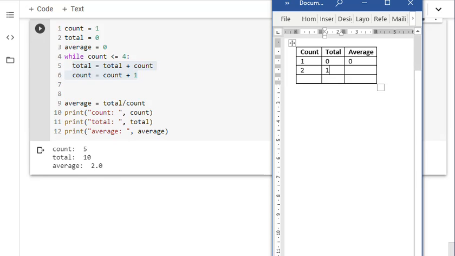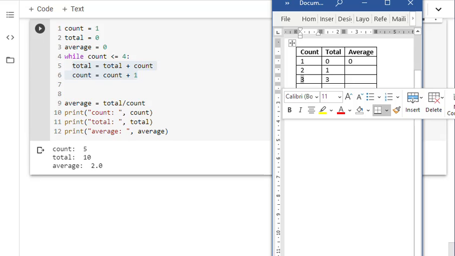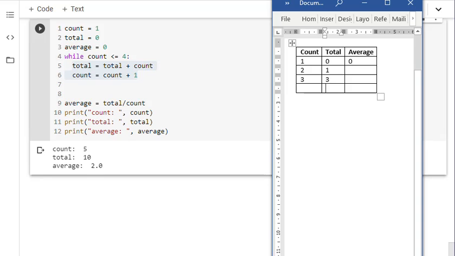So total is 1. Count is 2. So this value becomes 3. We come down to line 6, and count takes a value of count plus 1. So it's incremented by 1, so it becomes 3. We come back up to line 4. We ask, is it less than or equal to 4? Yes, it is. It's true. So we come back in here, and we do this again, and total is assigned the value of total plus count. Well, total is currently 3, and count is currently 3. So total takes a new value of 6 in line 5,